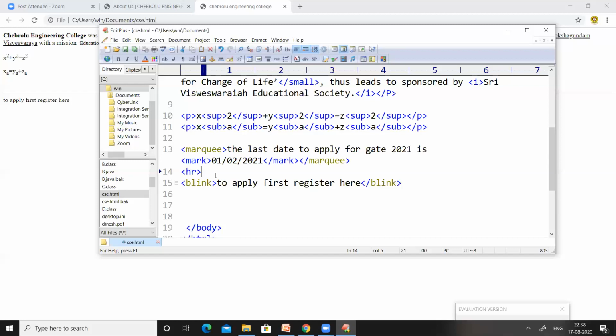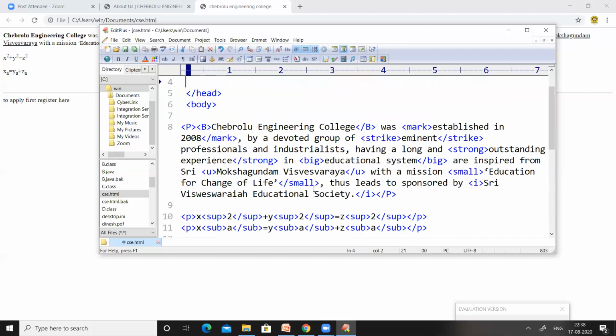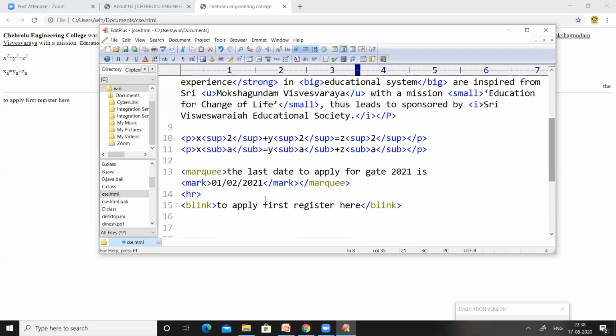Each and every tag is called a normal element because, for example, you can see here we have used a paragraph tag, and this paragraph tag has an end tag. So it is a normal element. And if you use the bold tag, it has an end tag. So these are normal elements. But if you observe the HR tag, the HR tag does not have any content, and the HR tag does not have any end tag.